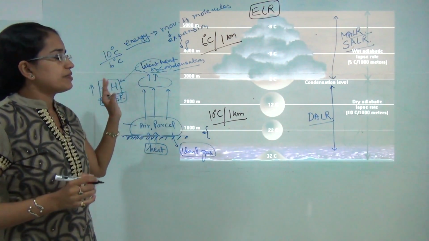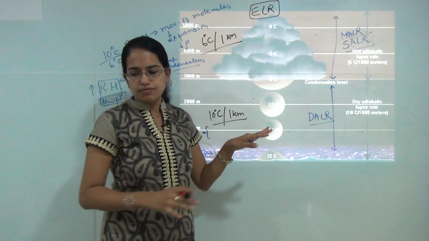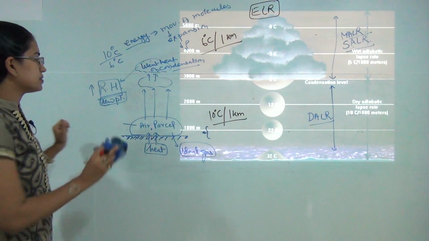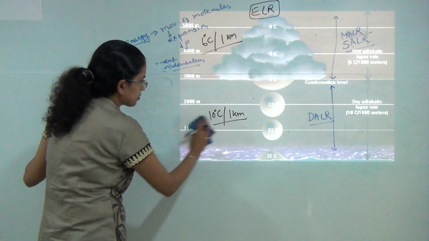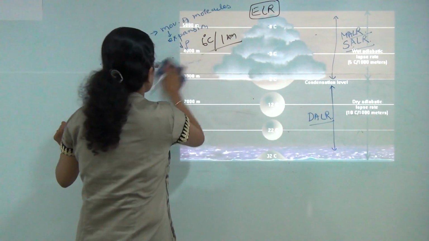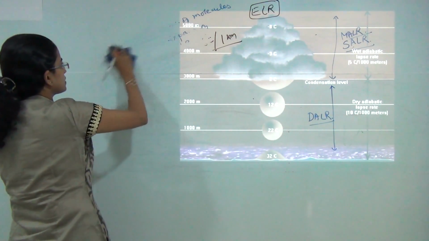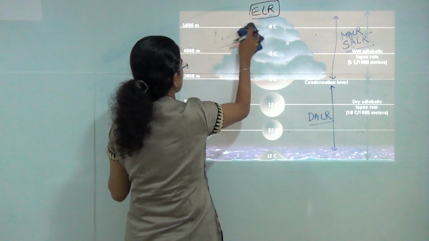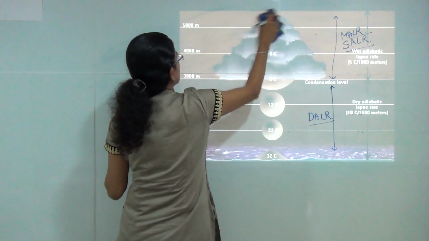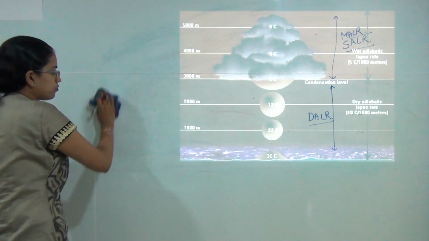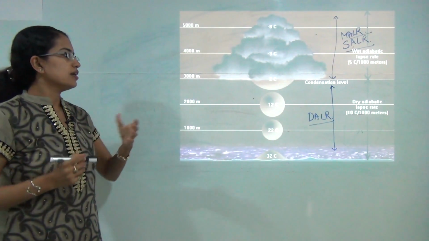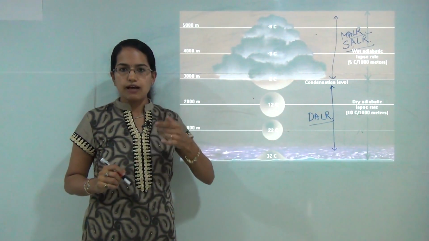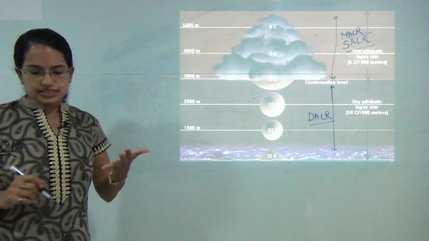Now, when we are understanding the concept of lapse rate, there is an important concept that is missed in most cases. We will touch on that topic briefly here, and that is the role of the Tibetan Plateau. The role of the Tibetan Plateau is indeed important for monsoonal activities, but what is its role in terms of lapse rate? So, temperature